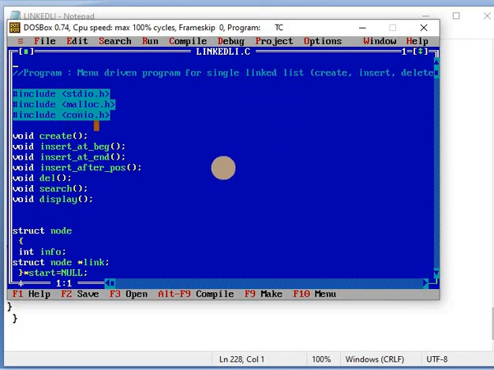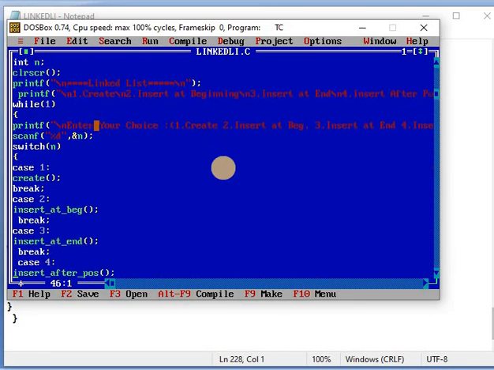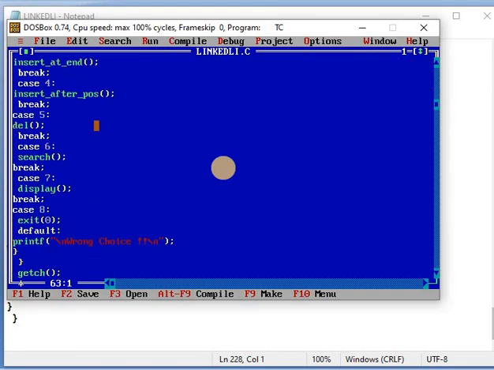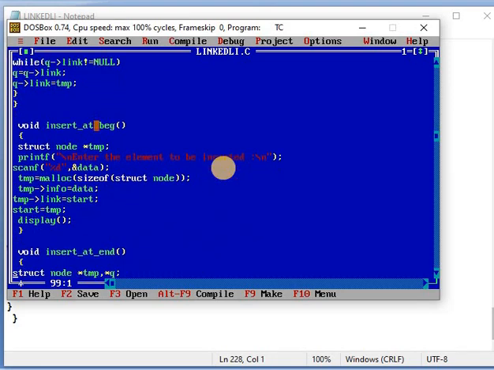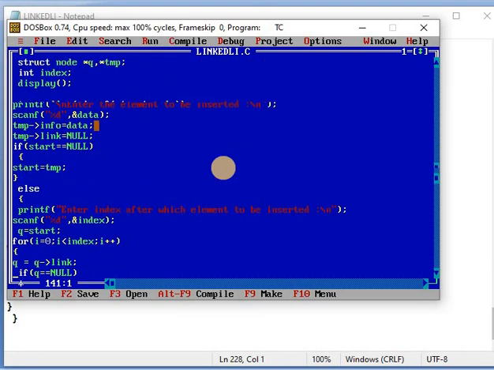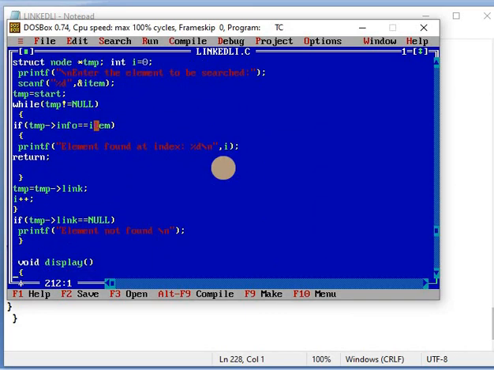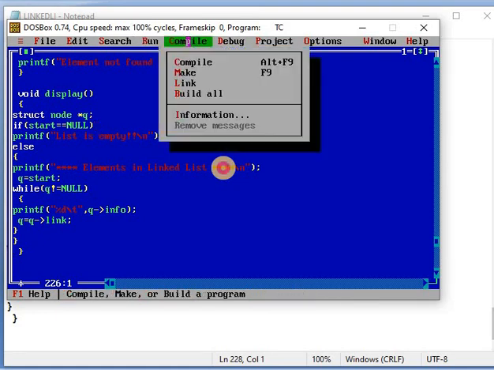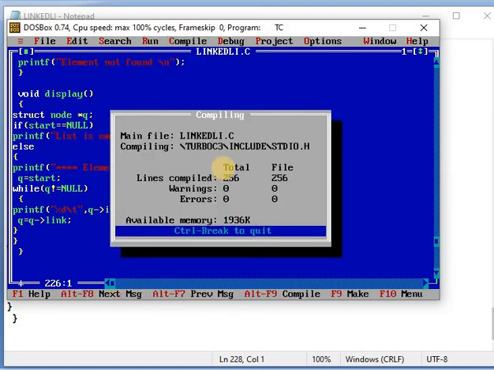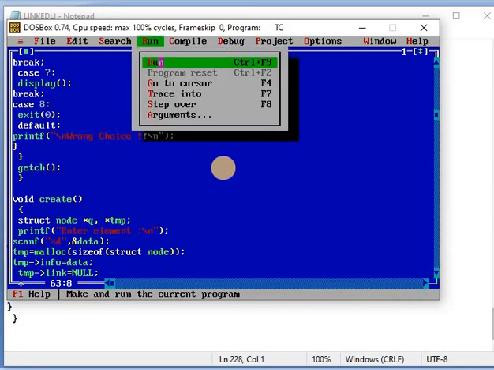This is the program. First compile it, then run it.